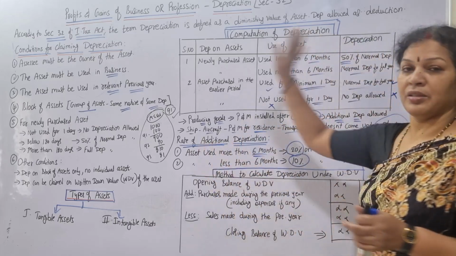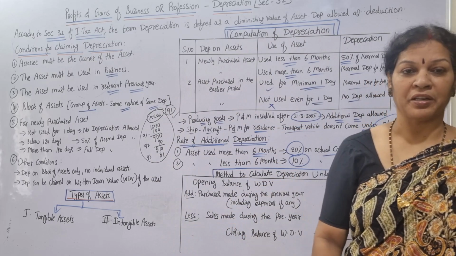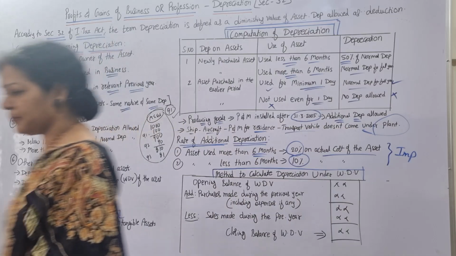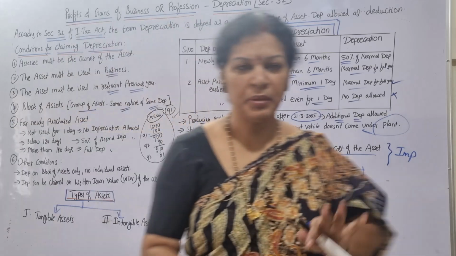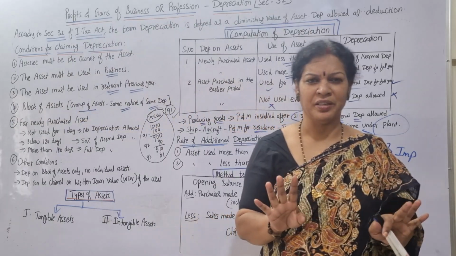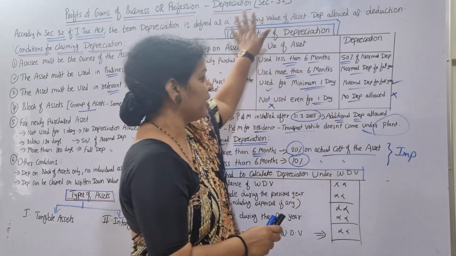And also the entire concept. If you are thorough, then only can we go for the practicals. Anyhow, take the screenshot. Am I clear? It's very easy, need not worry. You only have to understand this and remember this